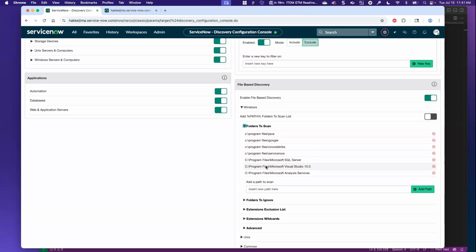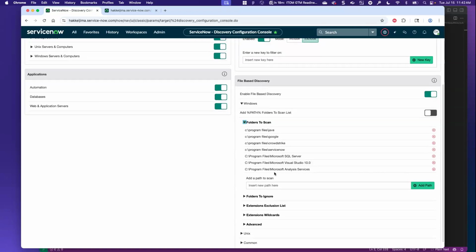We do not support Agent Client Collector installations on AIX, HPUX, Solaris, or any type of Unix varieties. There are libraries that are required that aren't supported in those operating systems. But you could say scan the whole C drive,